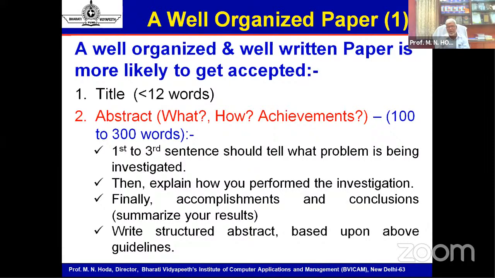So the first component of any research paper is the title, and my suggestion is your title should be less than 12 words. You may think of 10 to 15 words to be more moderate, and the basic philosophy is your title must portray the concept given in the entire paper, the research undertaken in the entire paper, but at the same moment should not be a complete paragraph, right? That's the meaning of telling you that it should be less than 12 words, but more articulate, more catchy, and must be inclusive while giving or portraying complete information, right?